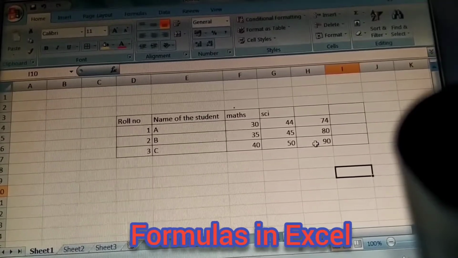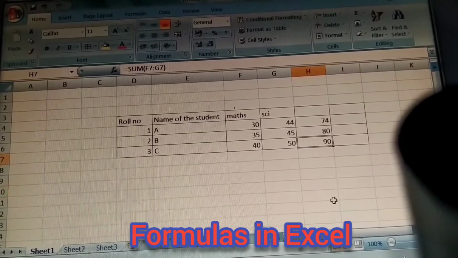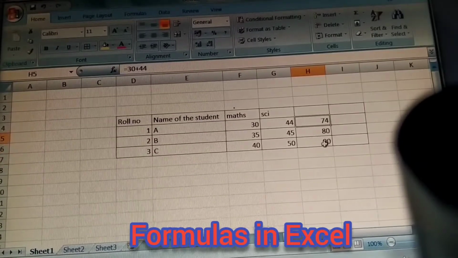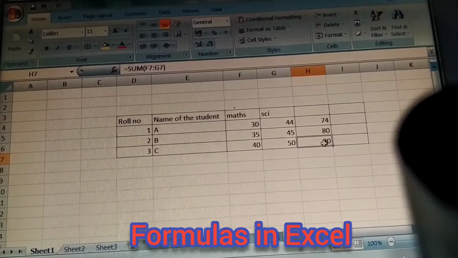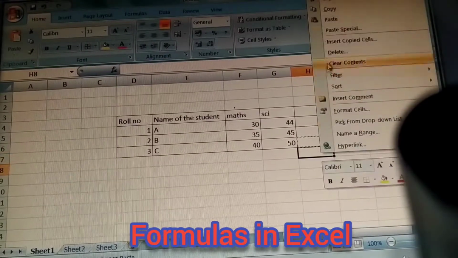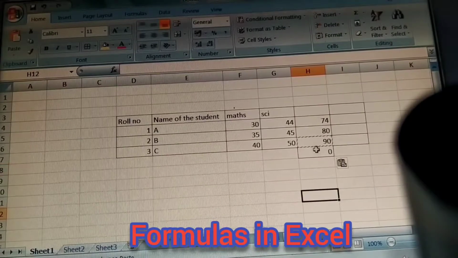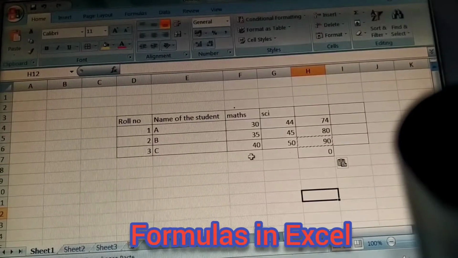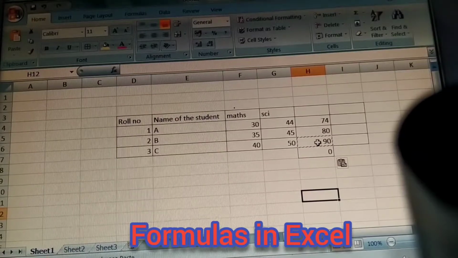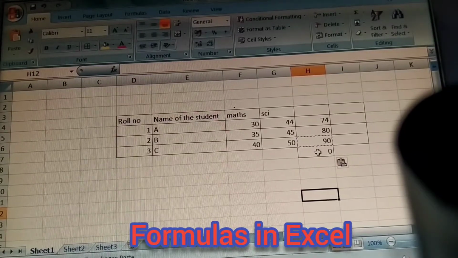Copy formula. Whatever formula we use, for example these, any type of formula we can copy. So see, right click, copy, and right click, paste. Now 0 came because in that cell nothing is there, but the formula we used there, that formula is copied.